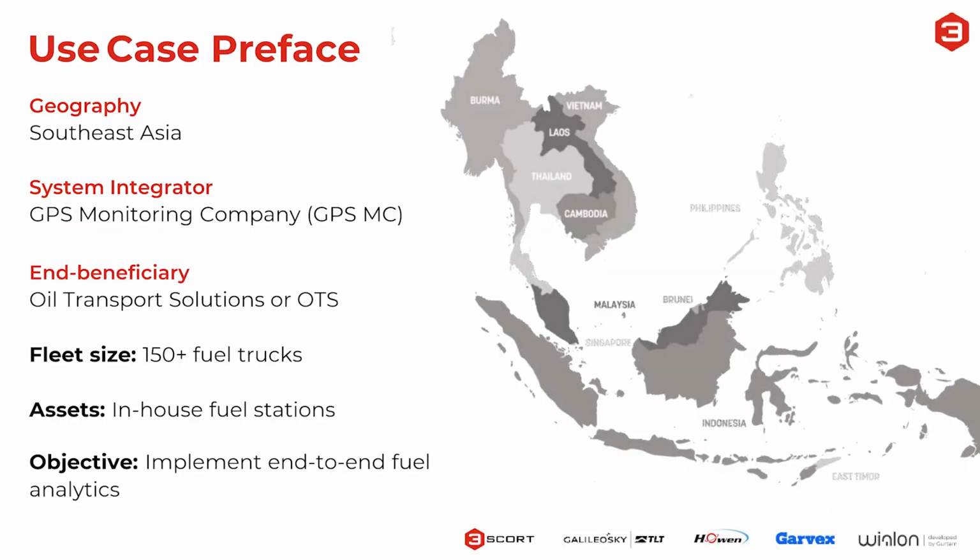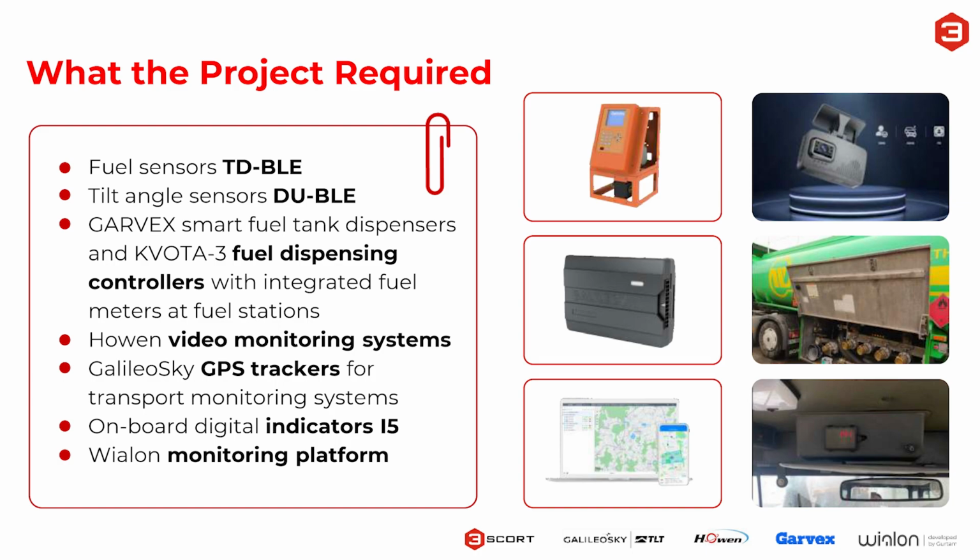This project took place in Southeast Asia, as I previously mentioned, with a fleet company managing over 150 fuel trucks and its own gas station network. So the aim was to deploy comprehensive fuel analytics throughout the whole customer's operation. It wasn't just about installing fuel sensors here and there. The project had some real depth and complexity,